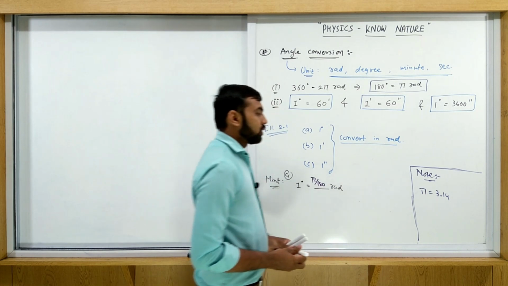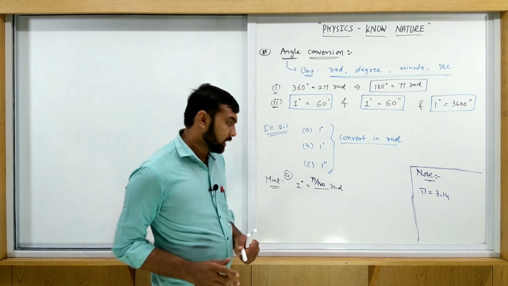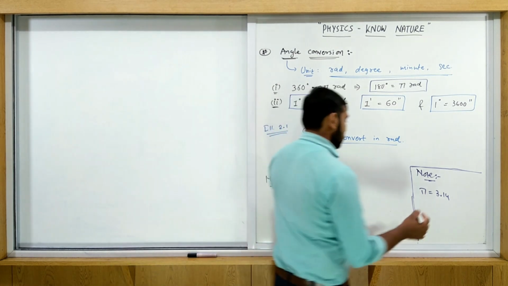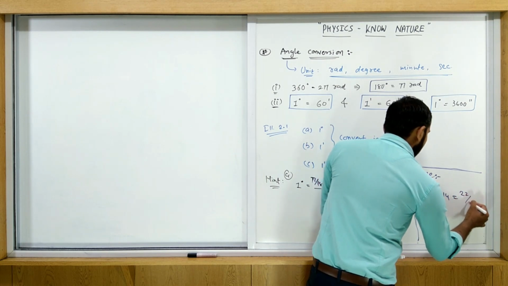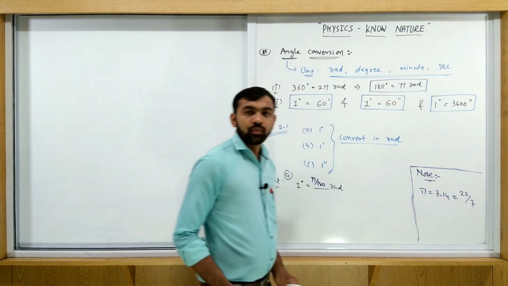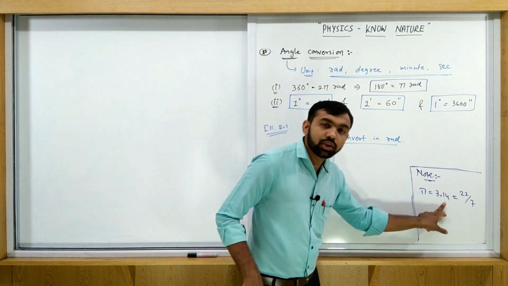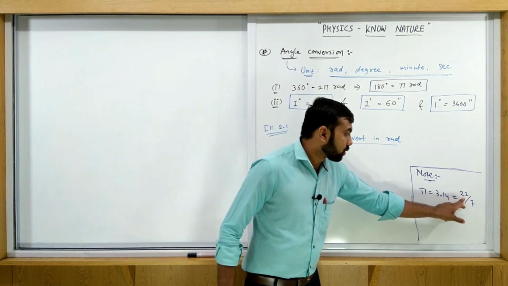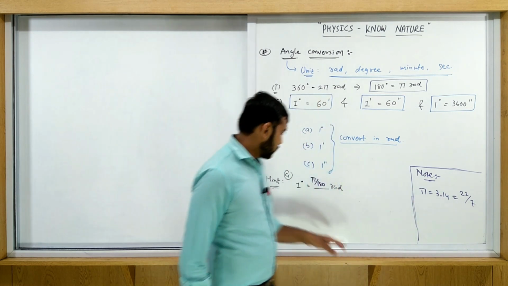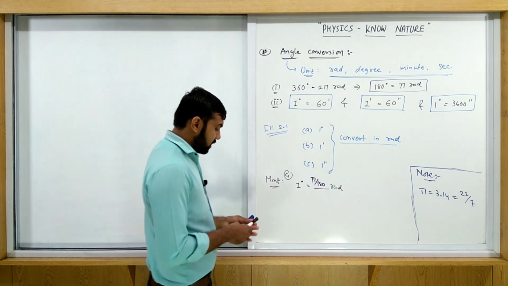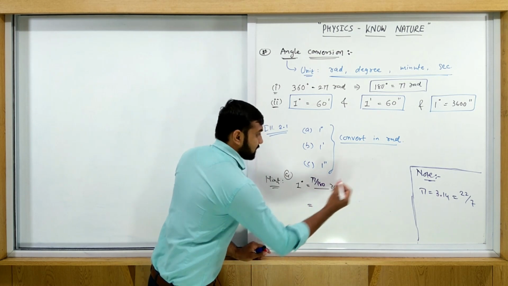Pi is equal to 3.14. That is a standard value. Sometimes we also write this value as 22/7. Pi is 3.14 or it's equal to 22/7. So you just put this value here. So what do you get? Pi is equal to